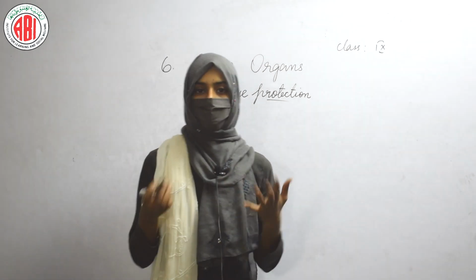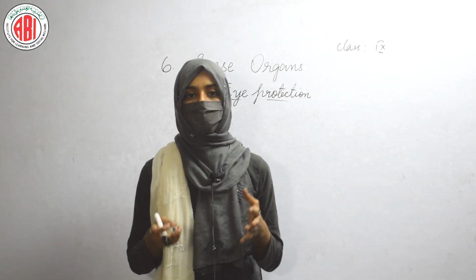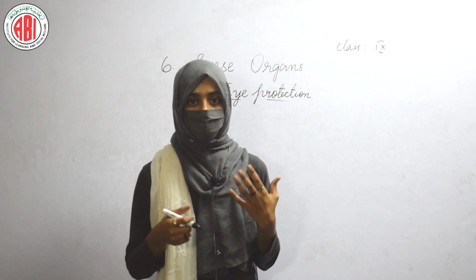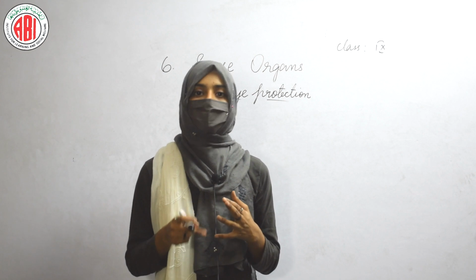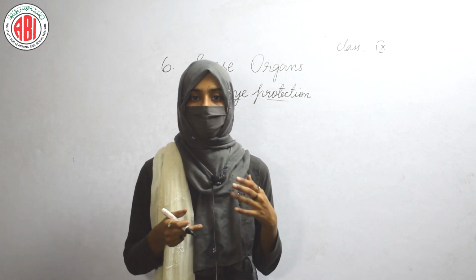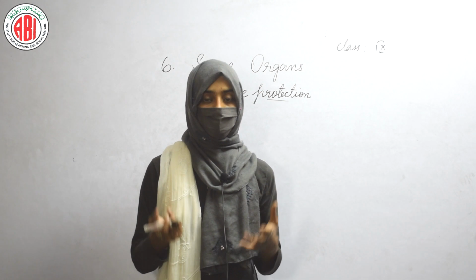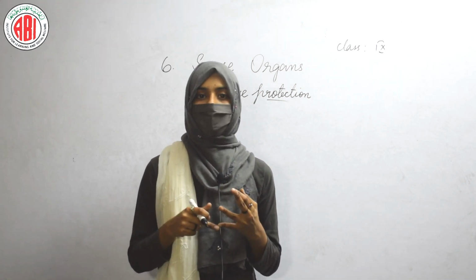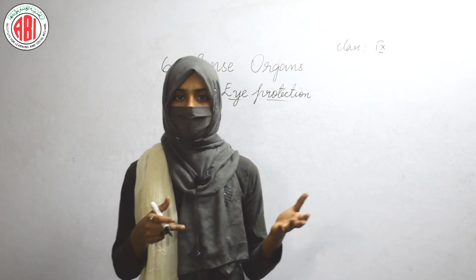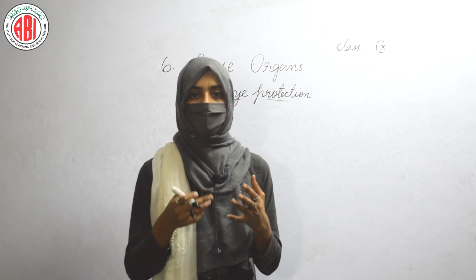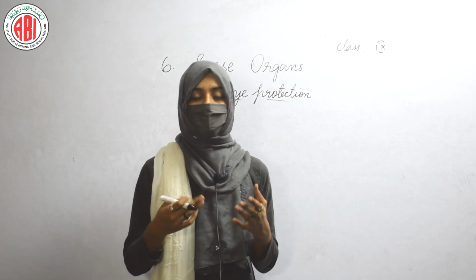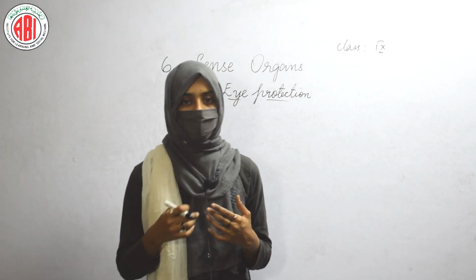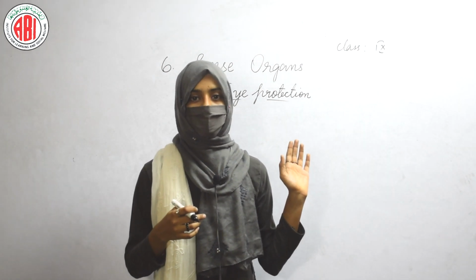So, let us discuss eye protection. Like the other organs of our body, eyes also need nutrients and oxygen. So, we need to wash our eyes with fresh water always, and we should keep them clean. To keep our eyes healthy and clean, we should always take care of them. How can we take care of our eyes? By washing them with fresh water, and also by wearing goggles while going outside, because when we wear goggles while traveling, it prevents dust particles from entering our eyes. In such a way, we can take care of our eyes.